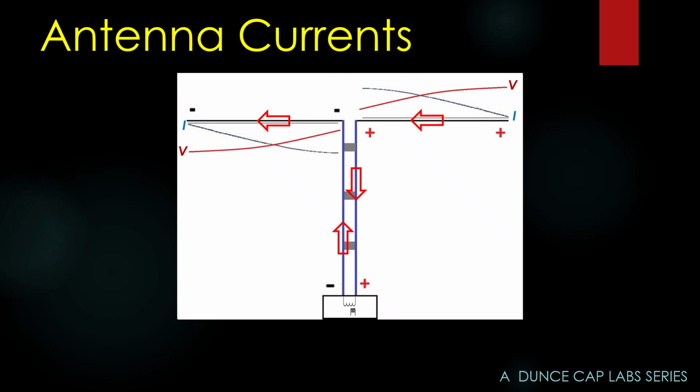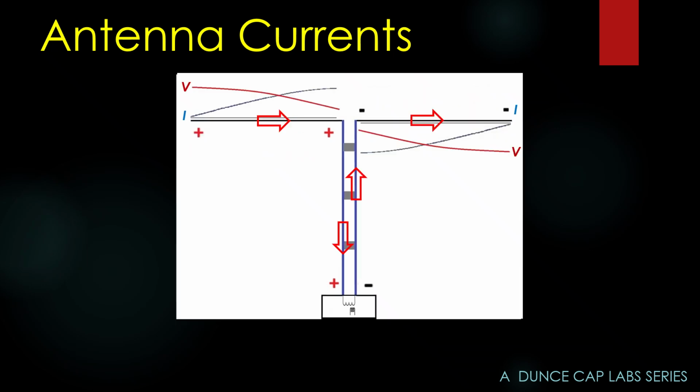All right, so when the polarity changes, of course, everything changes back. I want you to notice something super important. Notice that there's a negative voltage here that gets higher at the end, and there's a negative current that gets lower at the end. Here, there's a positive voltage that gets higher at the end. Here, there's a positive current that gets less at the end. Notice how balanced everything is. So what we have here is,